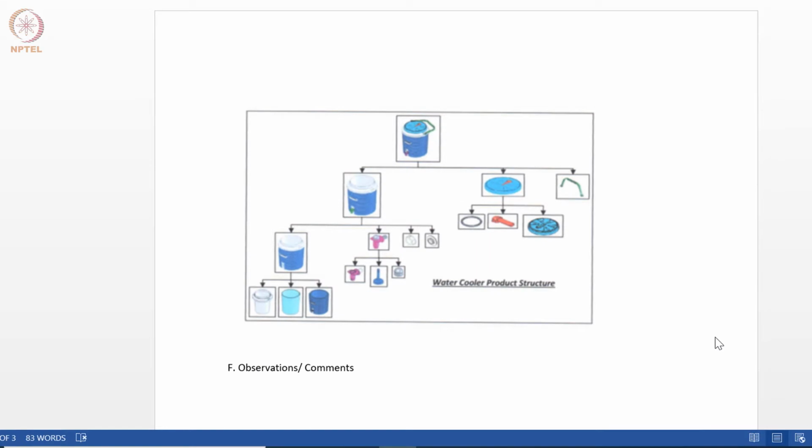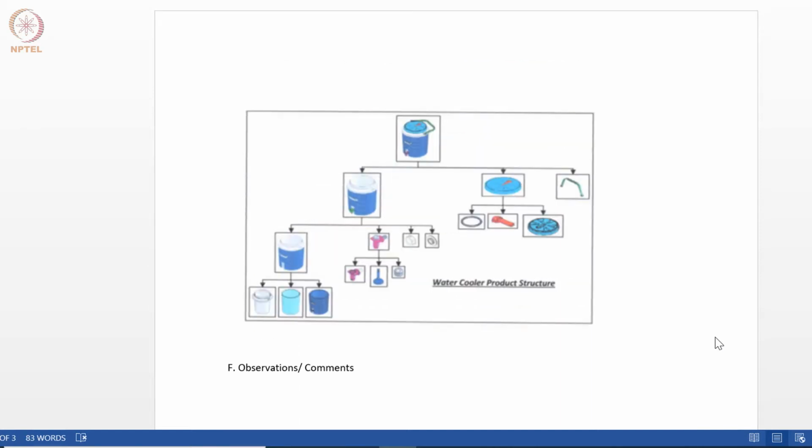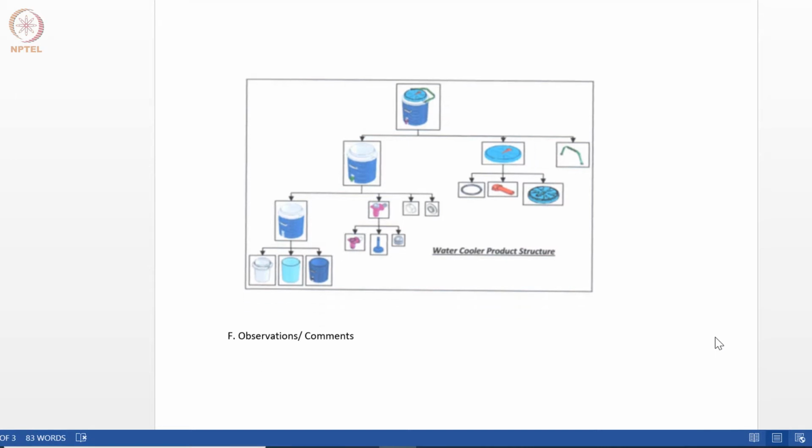So that is basically from the component point of view. Now you look at it from the assembly, the top product. If you take the printer, the printer will be at the top, and then what are the different modules you can identify? There will be a power supply part, something doing mechanical transmission, or something which takes the paper in a printer. So you will be able to identify these as different modules in a product, and you try to identify how many modules there are. You will be able to create this kind of diagram, and that is the structure that you will be making.